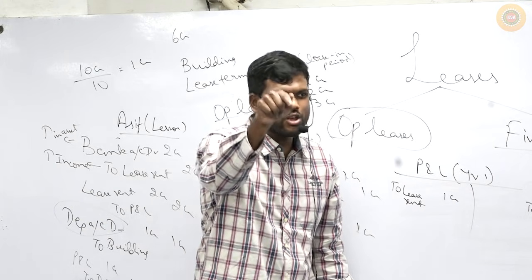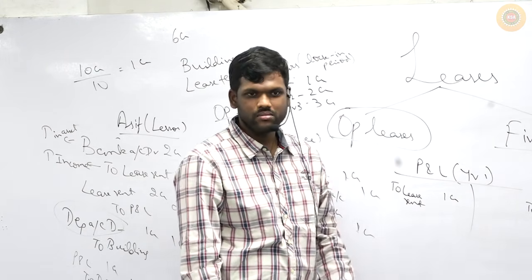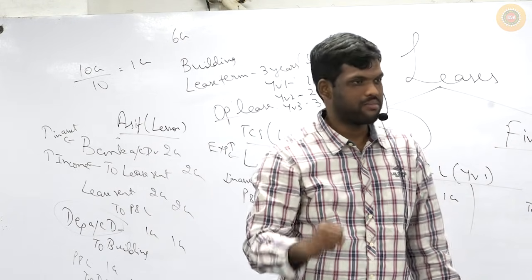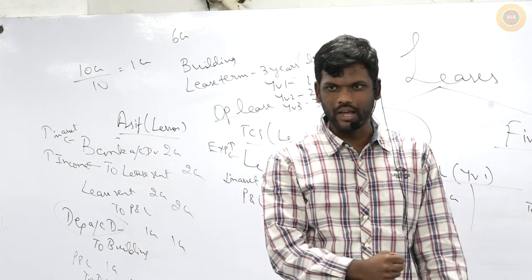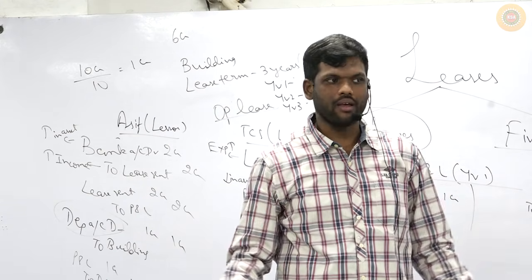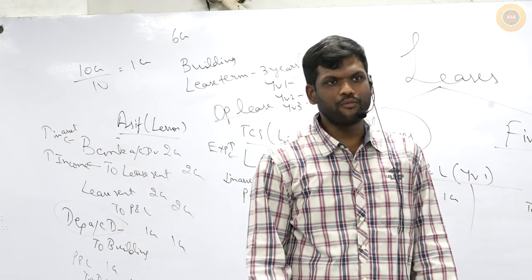If you use it in the same way every year, then how can the expense alone be different? Now think like this: you are buying a building, and that building you are using in the same way every year, then should depreciation be same or different? We will follow the straight line method.